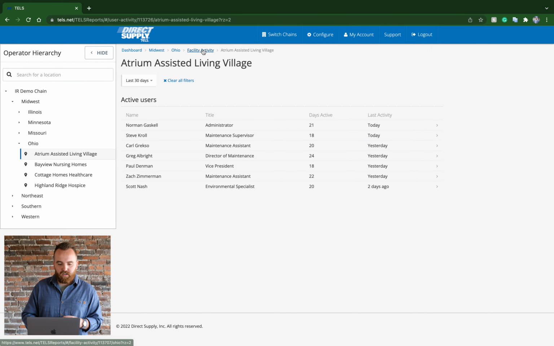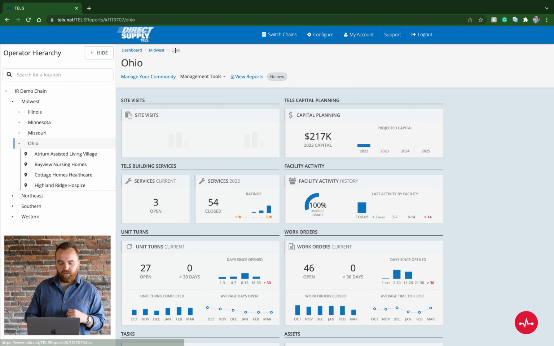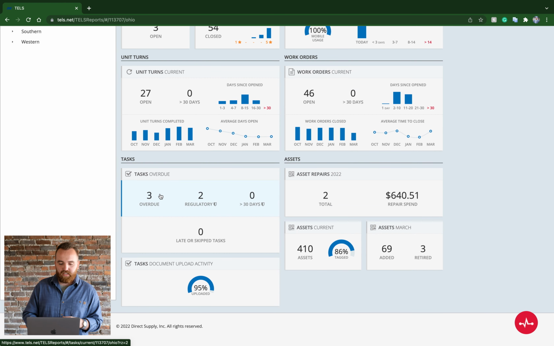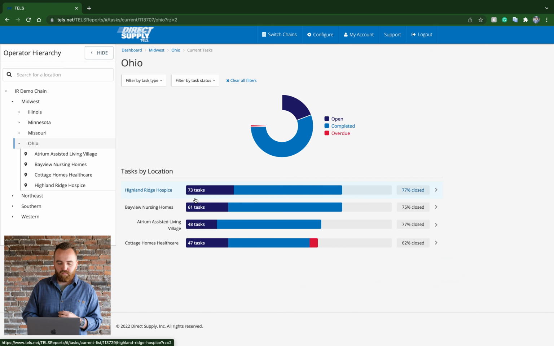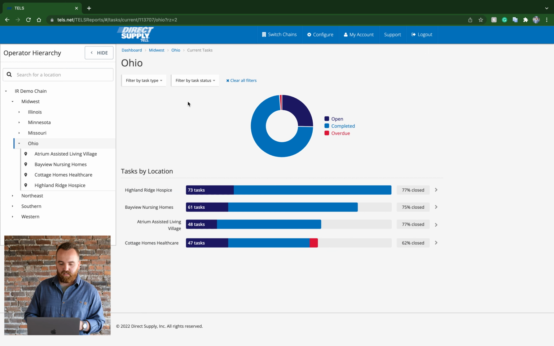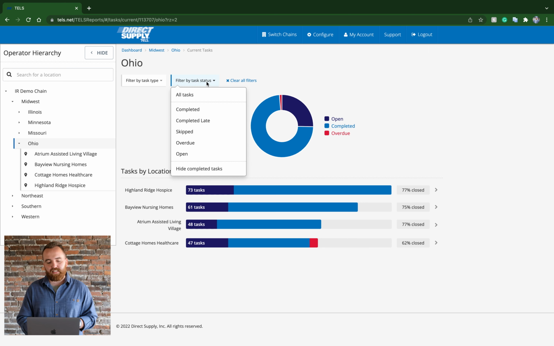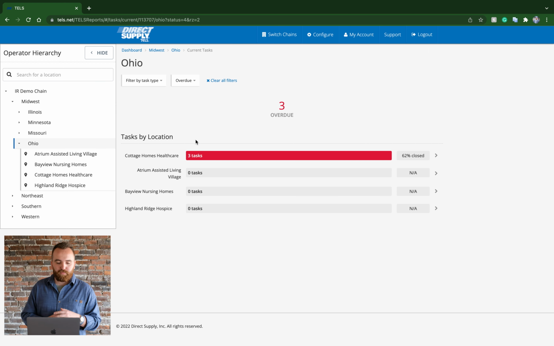So we're going to go back to our dashboard here for Ohio. We can then click into tasks overdue. We can see that Cottage Homes Healthcare here has red, which signifies overdue tasks. What you can also do is filter by task status. You can see which tasks are overdue. This pulls up Cottage Homes